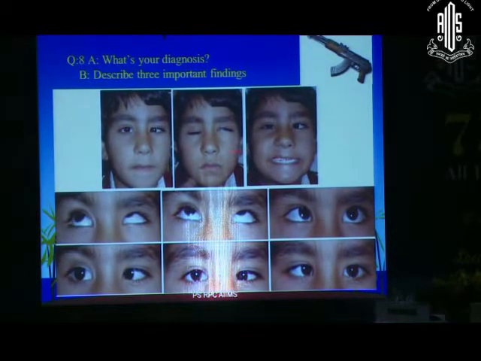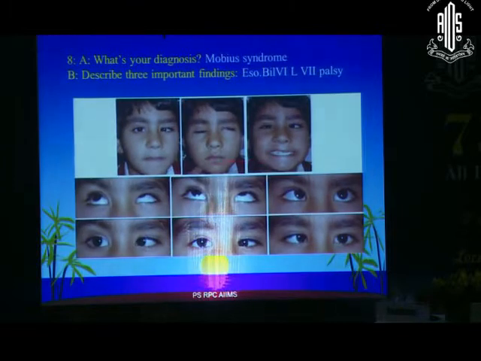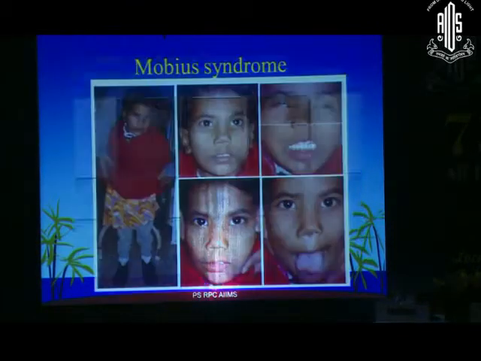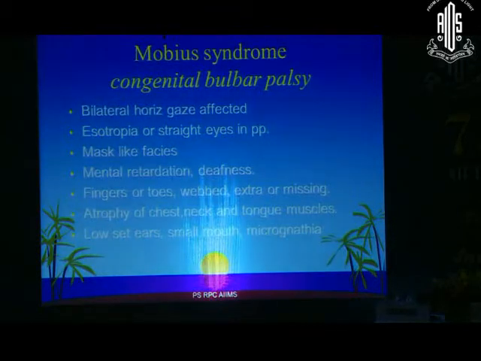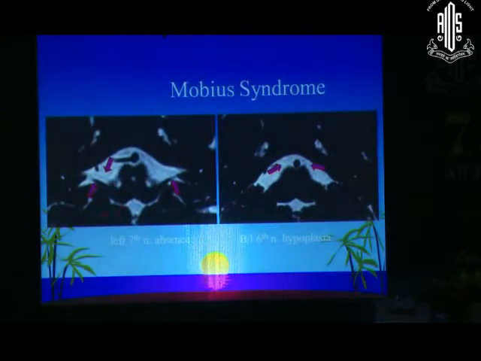This is a case of, what do you see here? Moebius. So bilateral sixth nerve, eso is there, and you can see abnormality in the teeth, so it's a Moebius syndrome. You can see the other things may be there, the tongue may be like this, the talipes equinovarus may be there, so you can look for that and look for the conditions. If you do an MRI, you'll see the missing seventh nerve as well as bilateral sixth nerve missing.